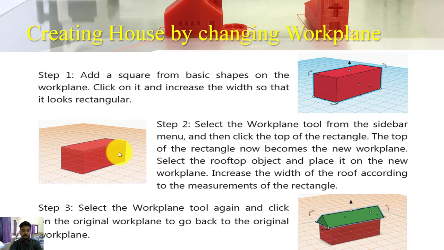So what will happen, you can see one orange work plane has been added, means one extra work plane is added. And then we will again go to basic shapes option and click one triangle and put it on our new work plane. So what will happen, our rectangle is at the downside and उसके ऊपर we have a roof. And at last we will group them and automatically it will become a house. So you can simply print it also using our 3D printer. Understood? Very